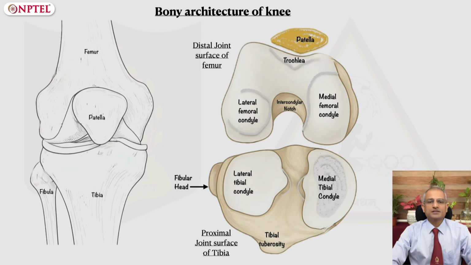The joint is responsible for weight transmission, and between the plateaus of the tibia, where lie the medial and lateral spines, are located the attachments of the ligaments, specifically the cruciate ligaments, and the menisci. The medial plateau is concave and larger in shape, while the lateral is relatively flat or convex in shape.